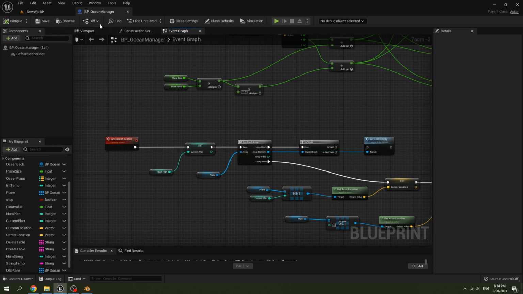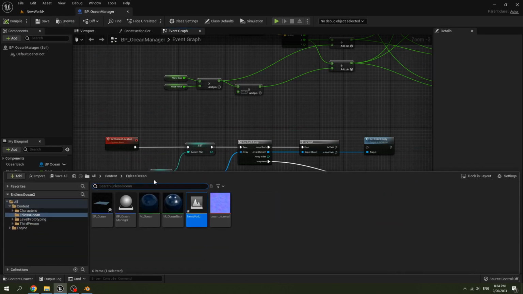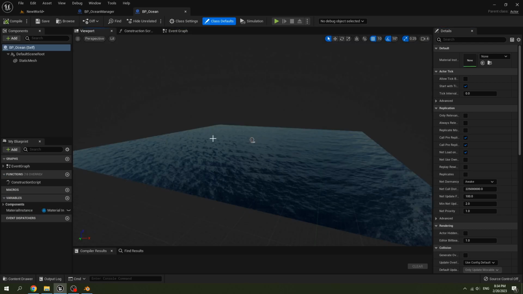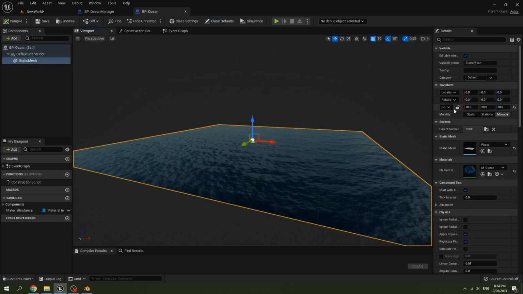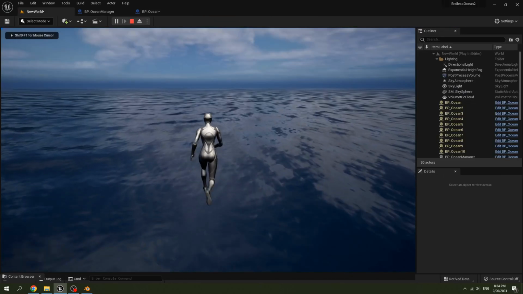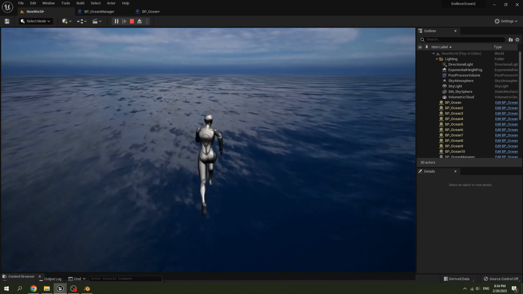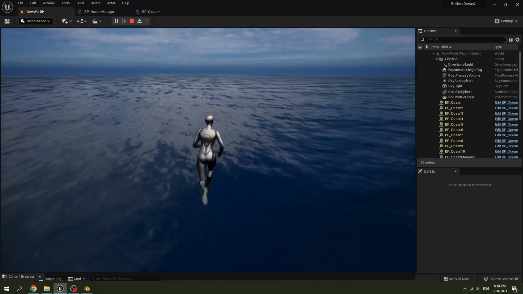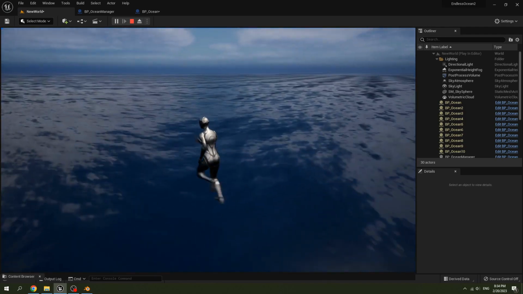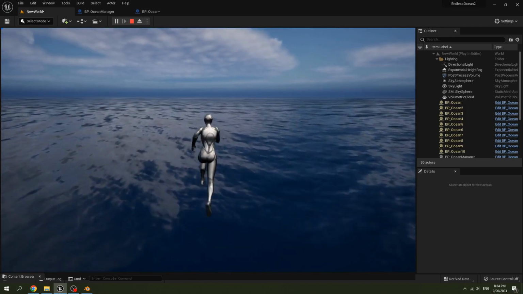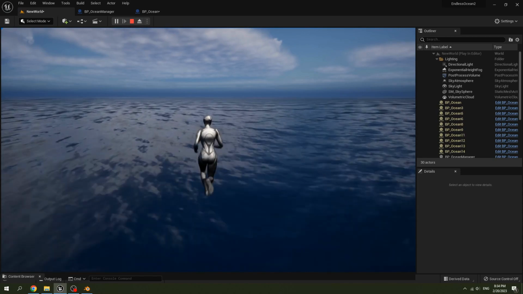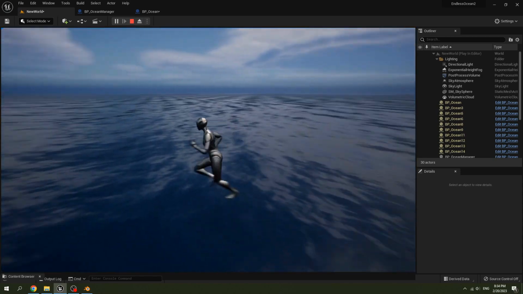And for the size of the ocean plan, we can set the scale to a bigger ocean, for example 100. Now it looks like the ocean is unlimited because we always spawn it ahead of the character. You can move in any direction as you like.